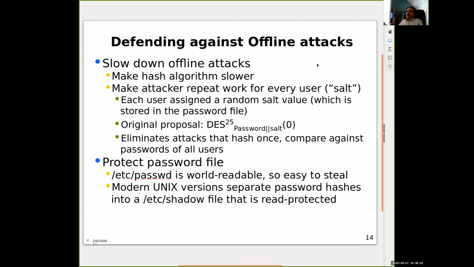So one way to slow down the offline attacks is to make the hashing algorithm slower and using salt. The other way is, of course, if you protect the password file, then these offline attacks become hard. It used to be the case, until sometime in the 90s, that the password file on Unix, called /etc/passwd,